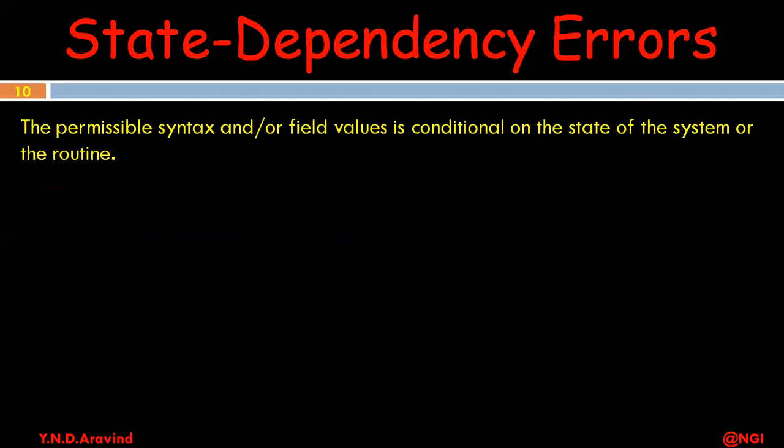So for example, say the operator's command input protocol requires confirmation of all commands. After every command, the system expects either an acknowledgement or a cancellation, but not another command. So here a valid command at that particular point should be rejected even though it is completely correct in all other aspects.